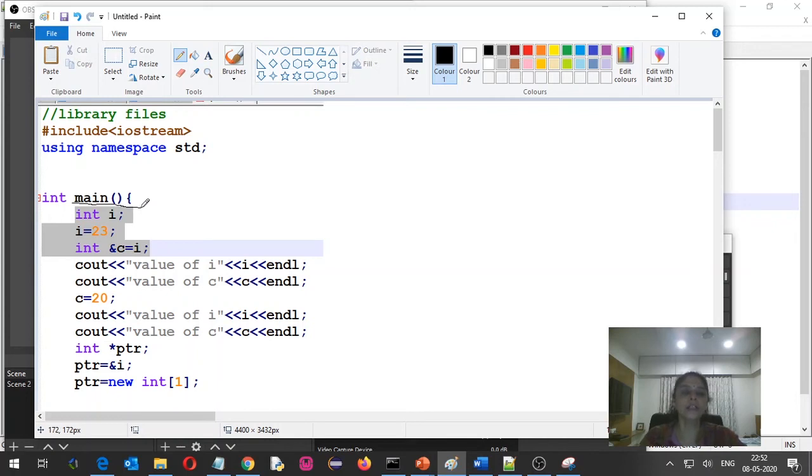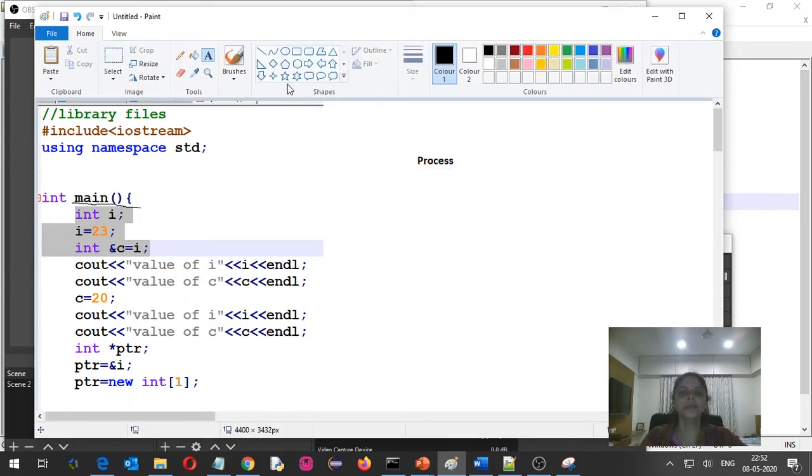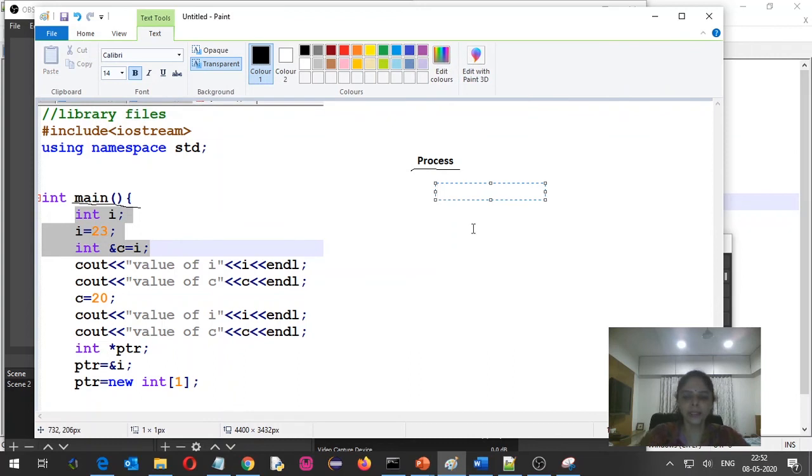When you start execution, this code will first get loaded into the memory, and then we will call that a process. So a program under execution is nothing but called a process, and whenever it becomes a process, the operating system is going to allocate memory in RAM for every process. When it allocates the memory, the memory available is divided into two parts.